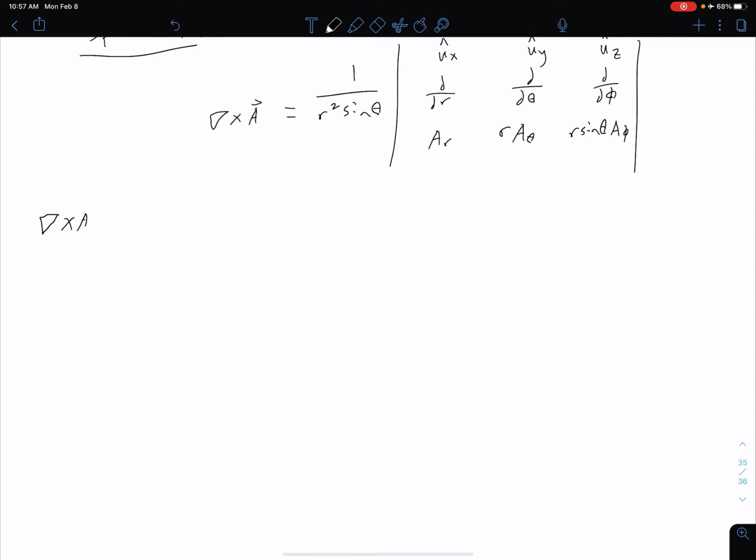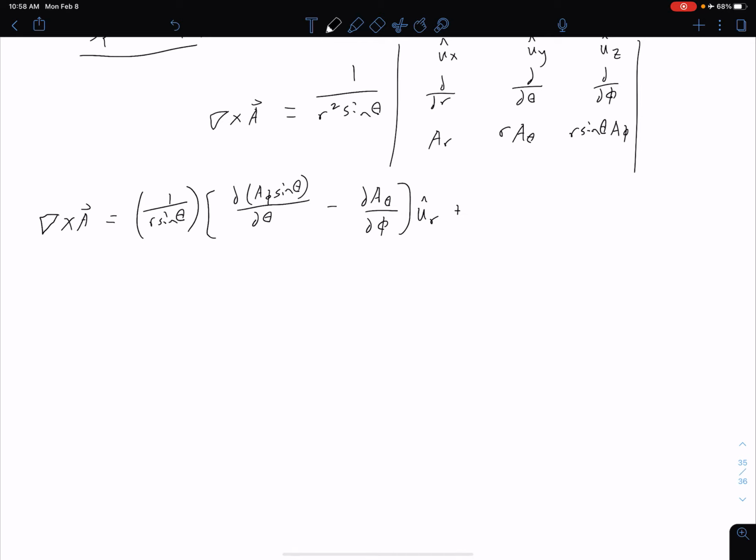So our curl of A in spherical coordinates is equal to, so we have 1 over r sine of theta times this whole quantity of the partial of A phi sine theta with respect to theta. So again, this is a place where we would want to multiply by that sine of theta prior to taking our partial derivative, minus the partial of our theta component with respect to phi, so that is in our r direction,